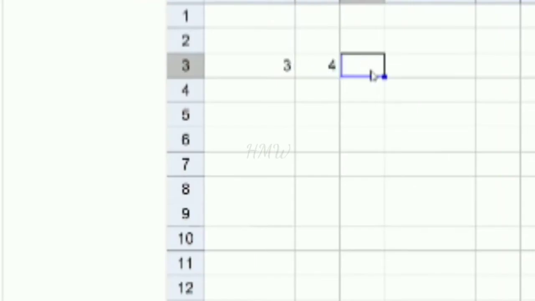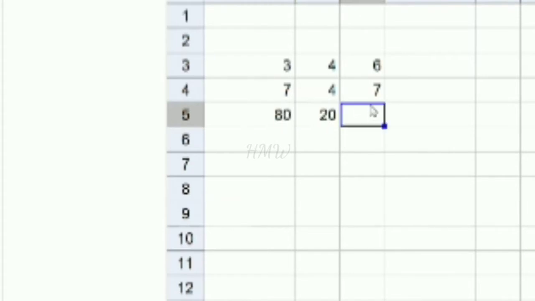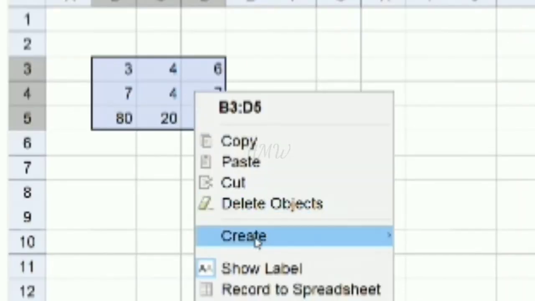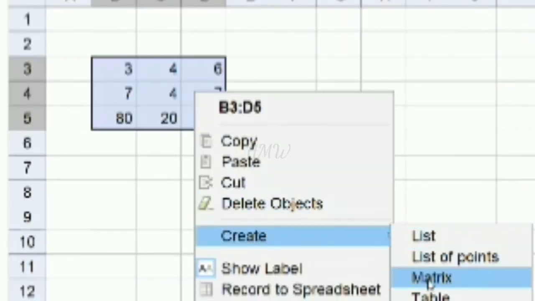I want to input a matrix. Just type here. Now select this, then go to create, put matrix.